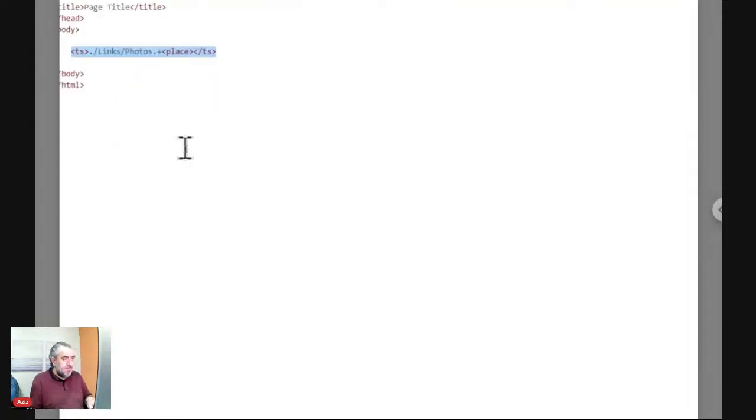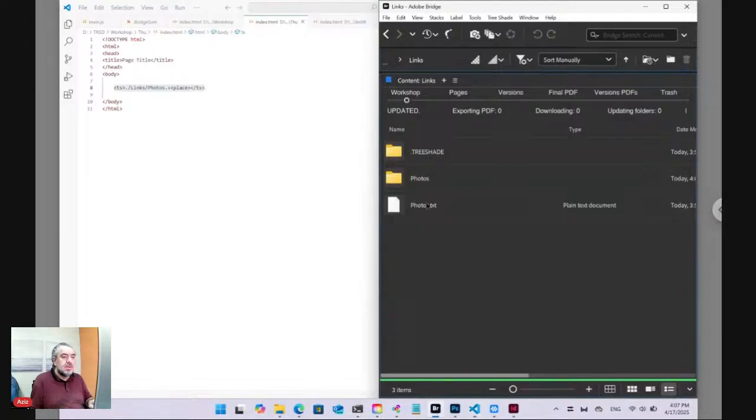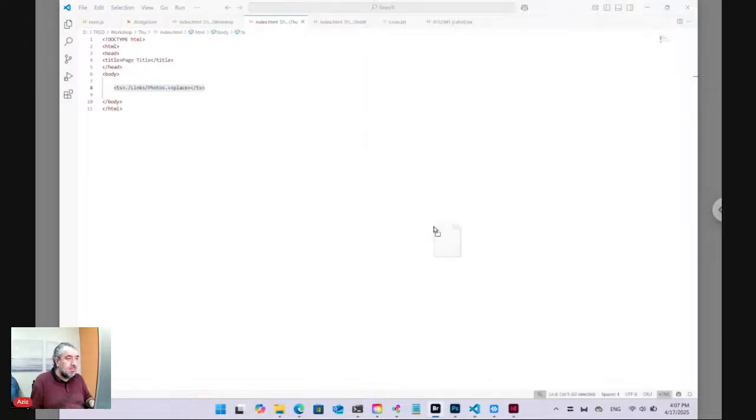Now when the local server parses this tag before sending the final HTML, if the placed text file has a nested TS tag, it also will be resolved. So inside photos,